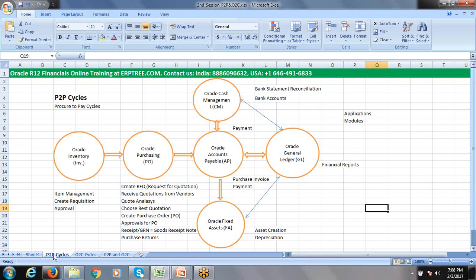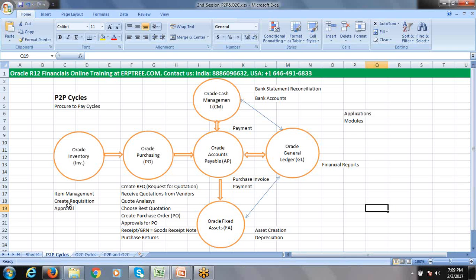Before we get into today's session, we'll have a recap of yesterday's discussion within 2 to 3 minutes. In the P2P cycle, everything is replaced with applications, where each application supports a specific department. As a part of the inventory department, using Oracle inventory applications, we can maintain the items,